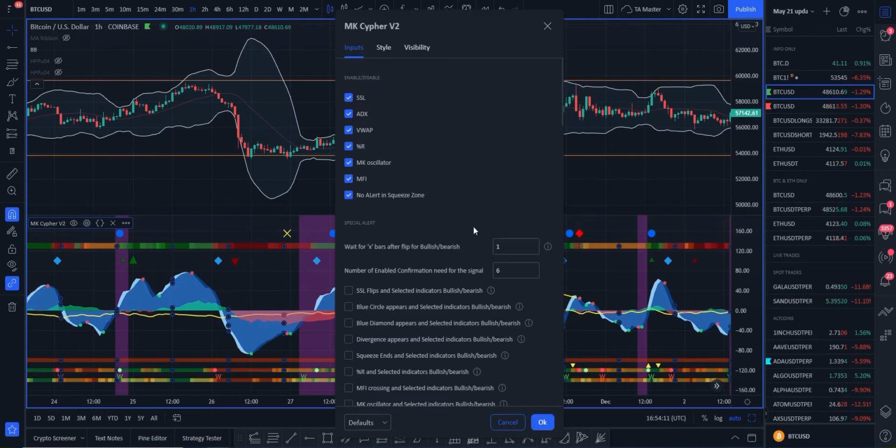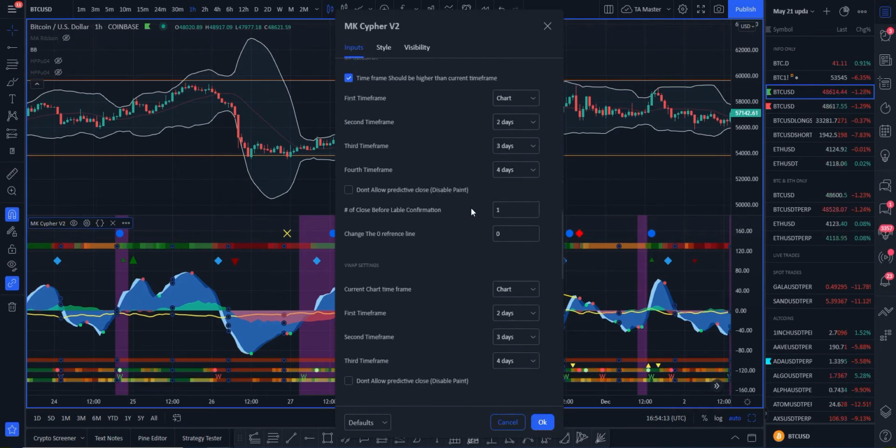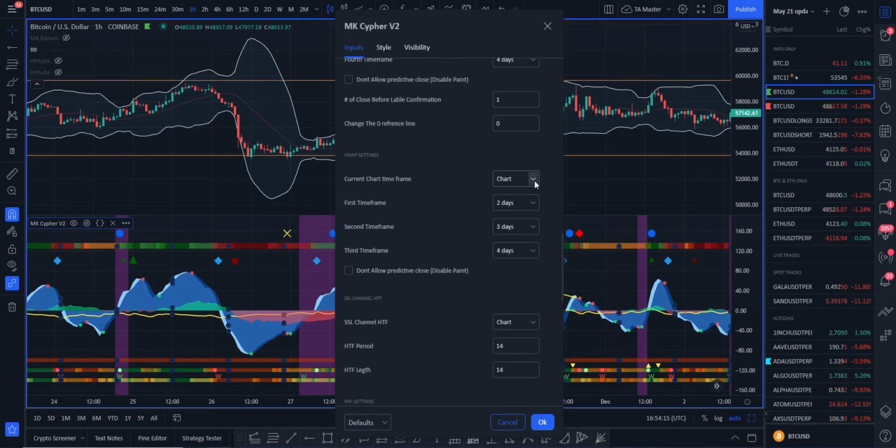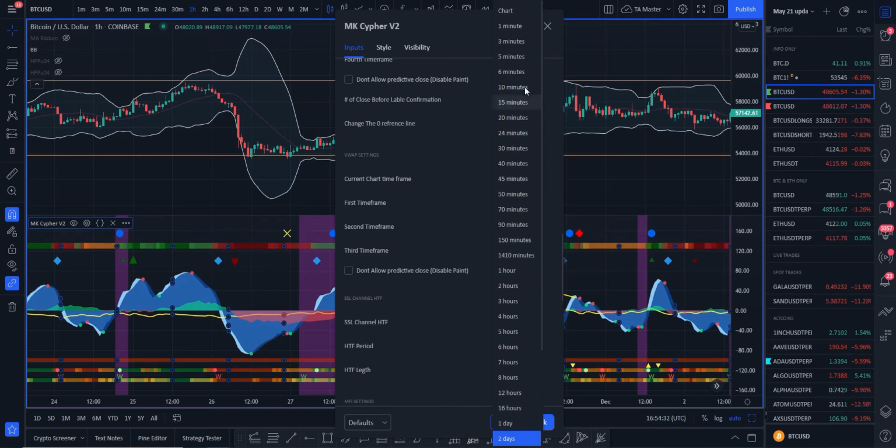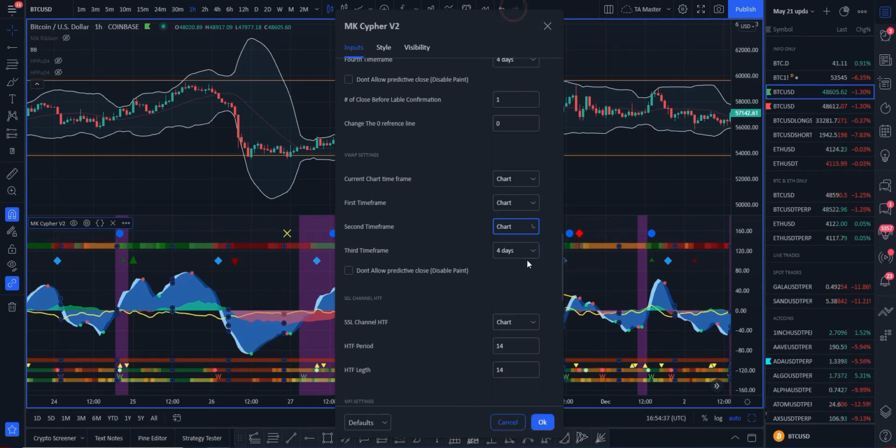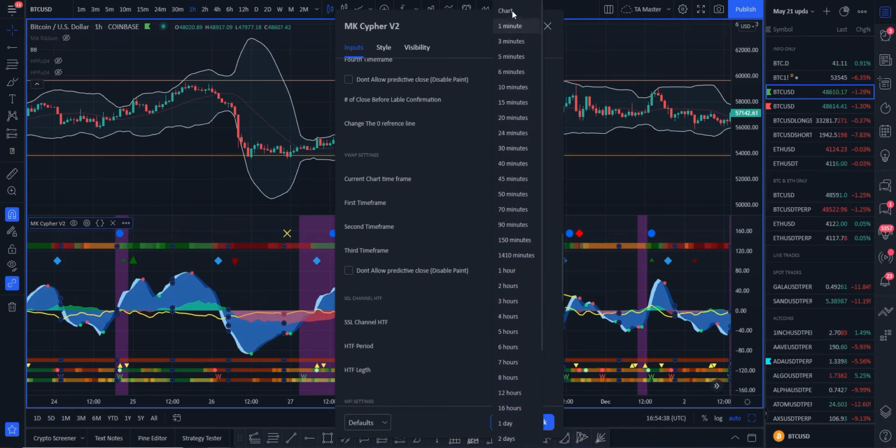So I'll just show you the settings quickly on the VWAP. So they are here. As I say, you have the current chart time frame. My original time frame I was working on was the daily. So what I then do is either double or at least add on an extra day for each time frame. Now, if I was to just change all this to the same time frame as I am on, which is the hourly at the moment,